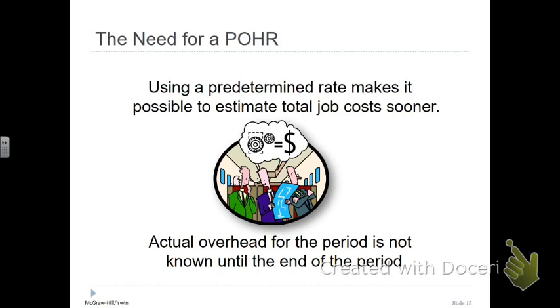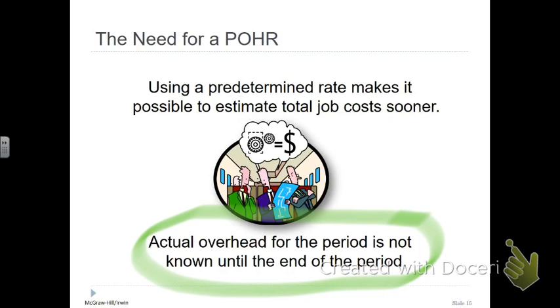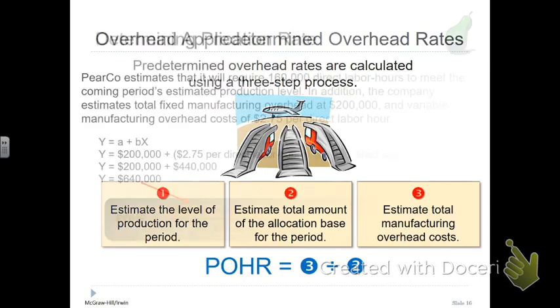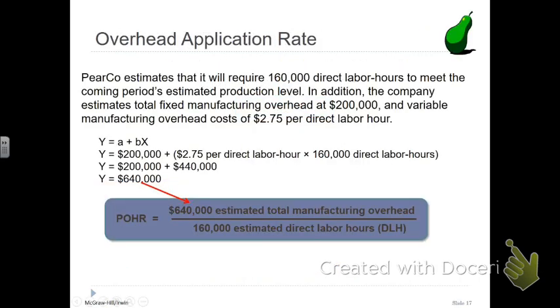Note, this is an important note, actual overhead costs for the period are not going to be known. I'm going to have to quote this beforehand, make an estimate of what my costs are going to be, and I'm not going to know what my actual costs are till later. Okay? So what we need to do to calculate those overhead rates is the first thing we need to do,